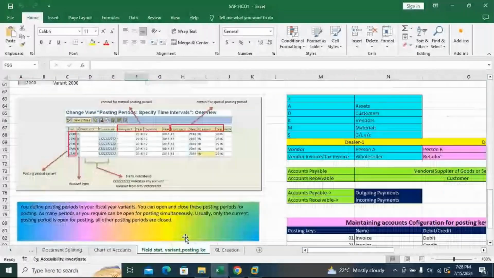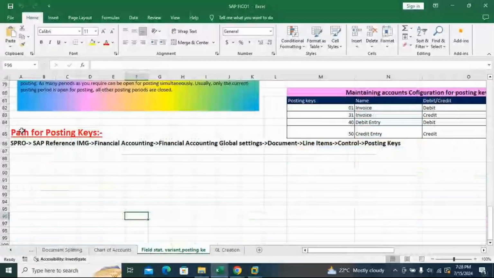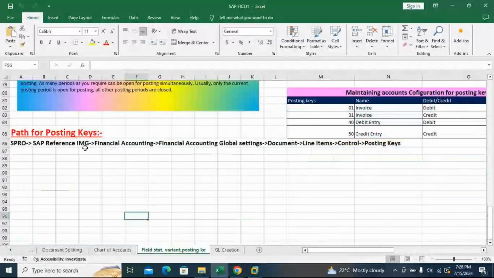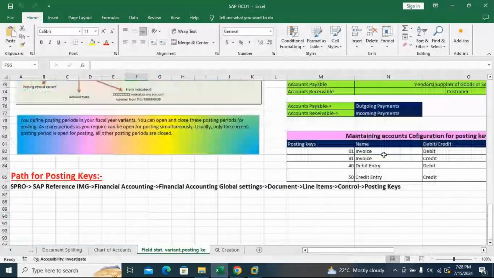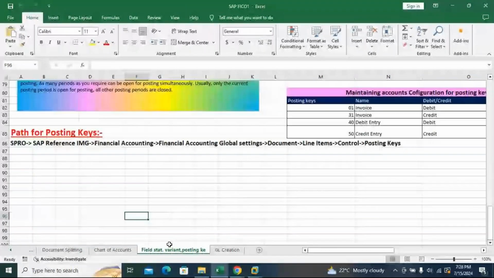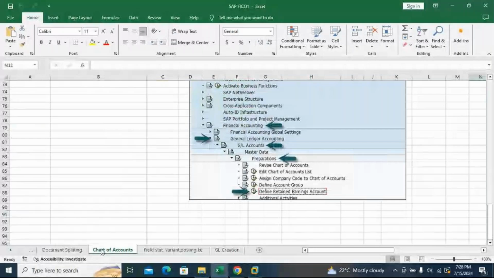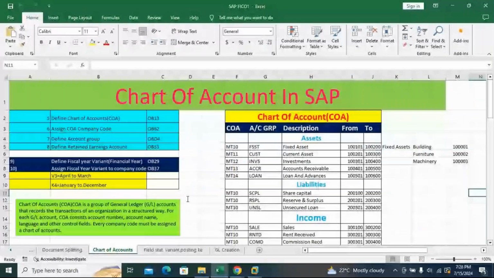Posting keys, you need not create. Posting is just to see that. As I told you, here it is given. I will send you this file once again, it does not matter. Chart of accounts, fill status window. In the chart of accounts, we have already written earnings, accounts group. I'll send it once again today. These two sheets I'll be sending you.